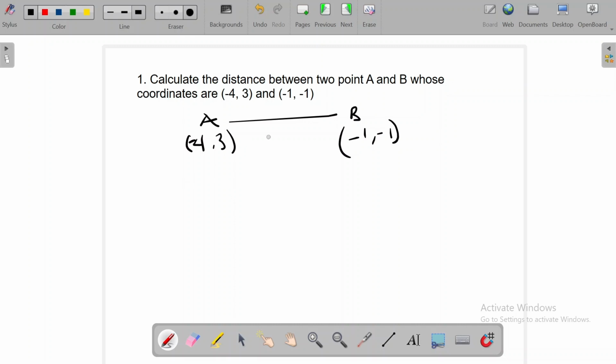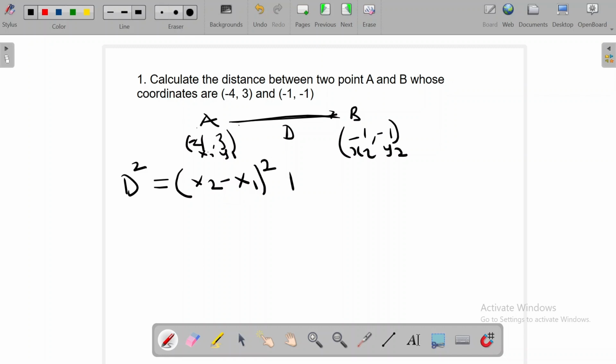So I would simply say the distance, which is all the way from here down to this point, d squared should be, the first value here should be x1, y1, x2, y2. So what is x2 minus x1, all squared, plus y2